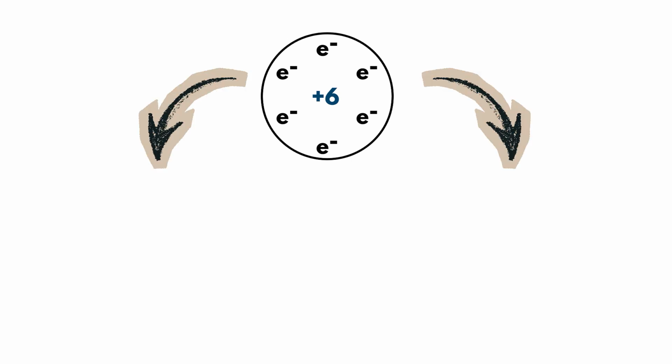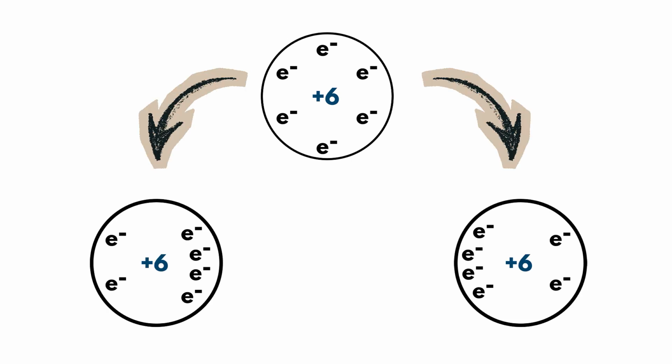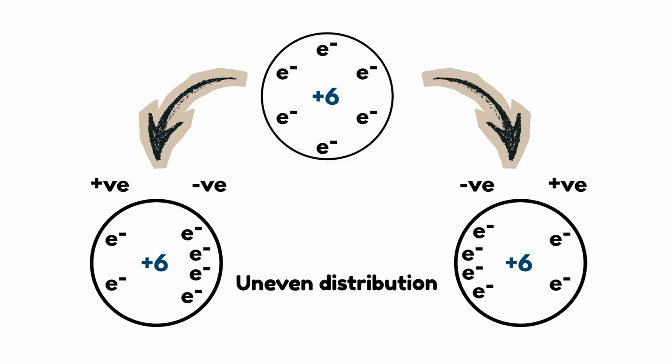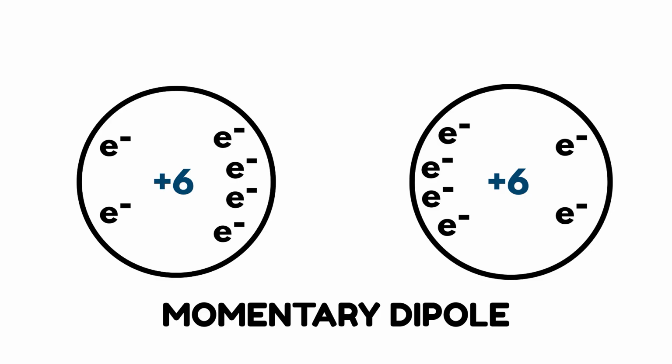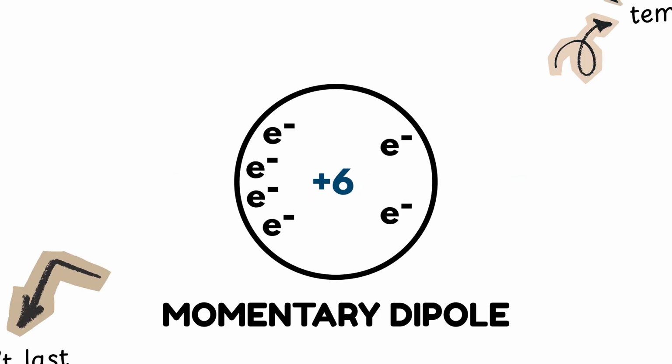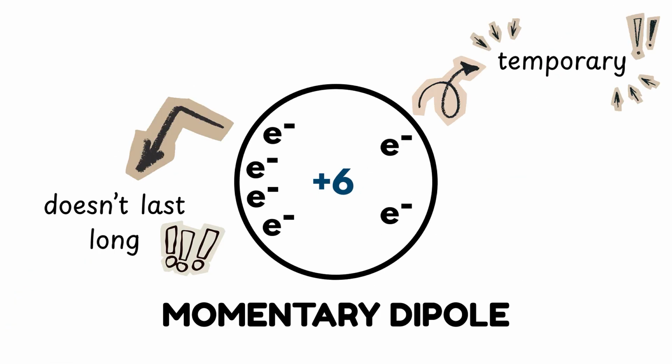So, due to the random motion of the electrons about the nucleus, at some point most of the electrons might be on the left side and some will be on the right side. This means that we can have an uneven distribution of electrons. So this atom is temporarily polarized, where the side that is electron deficient has a partial positive charge, while the one that has more electrons has a partial negative charge. Now, this atom has become a momentary dipole. So why is it a momentary dipole? It is because it is not a permanent phase and doesn't last long because it happens for a very short